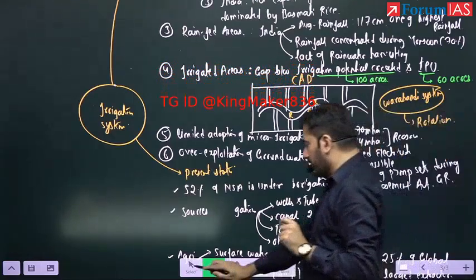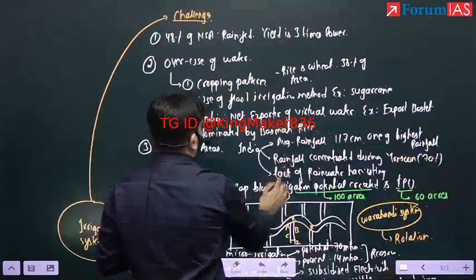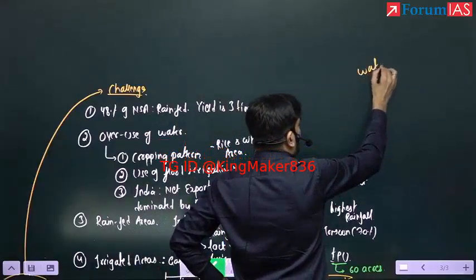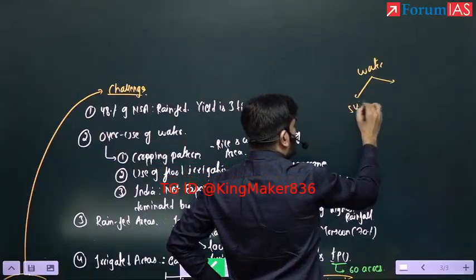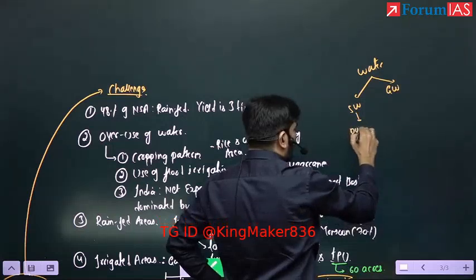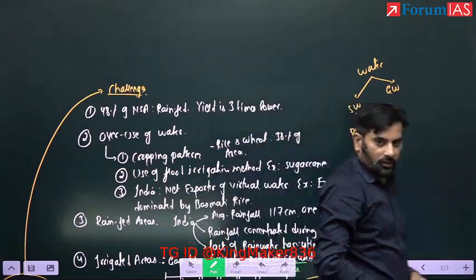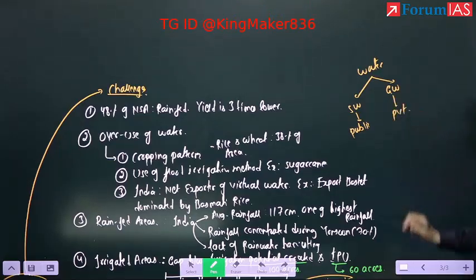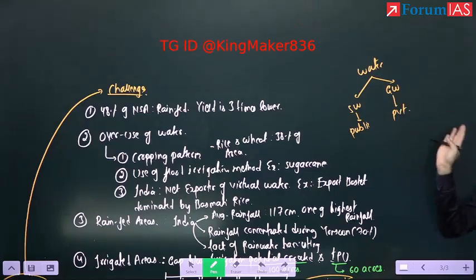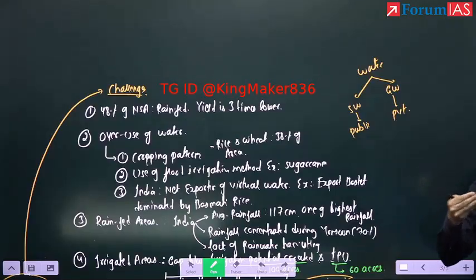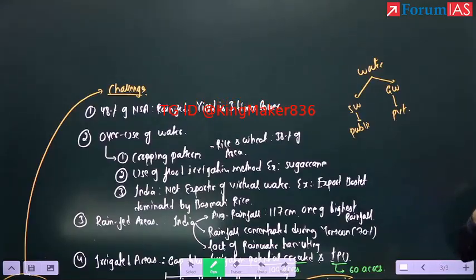So the problem here in India is, if you see water, it can be surface water or the groundwater. Surface water is always a public property. You can never say that lake belongs to you or river belongs to you. It is always a public property. But groundwater is always a private property. When groundwater is a private property, the problem is there's no effective regulation of extraction of groundwater. कोई regulate नहीं करता है. Entire groundwater belongs to you.